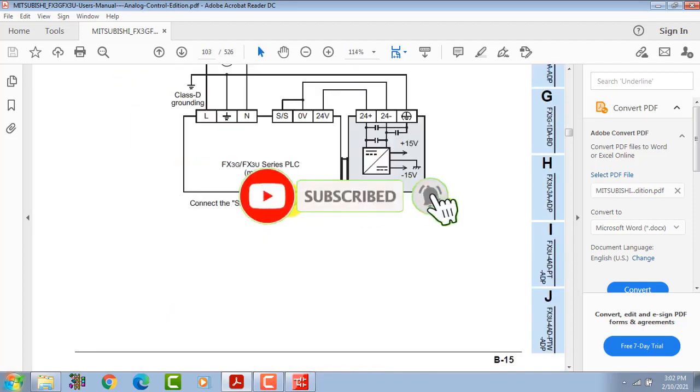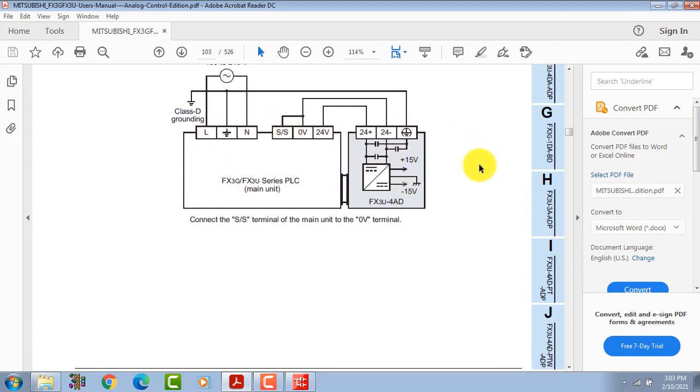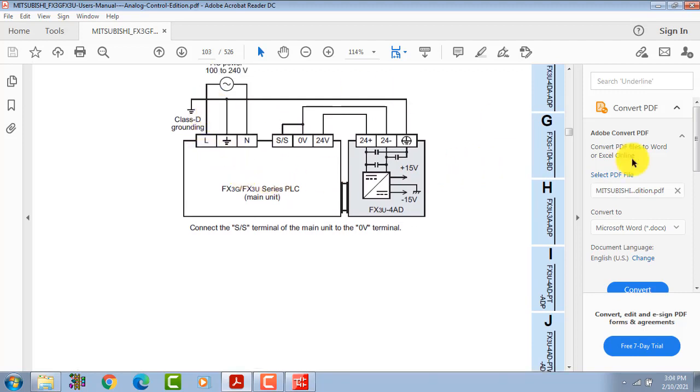And you can see this is our analog module, and this is a wiring diagram. This is the plus 24 volt for input, and this is our supply of the main unit. L is 220 volt and N is neutral. Okay,